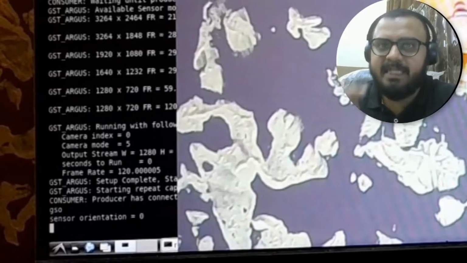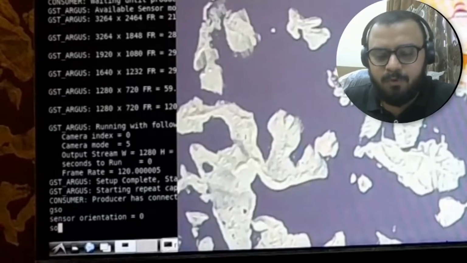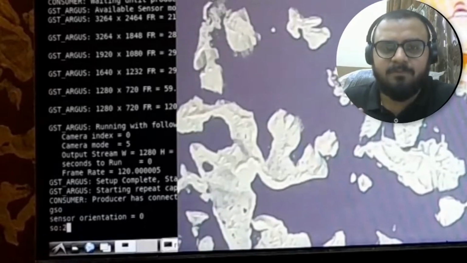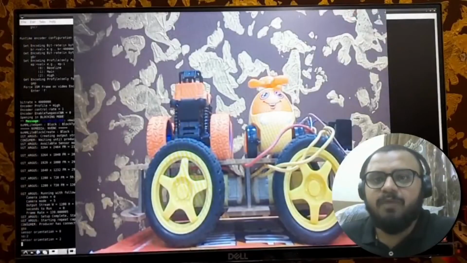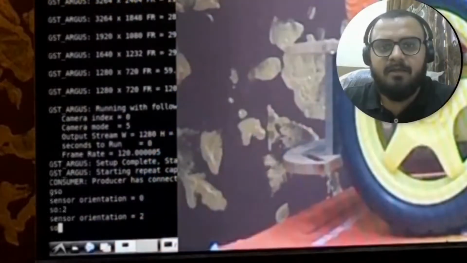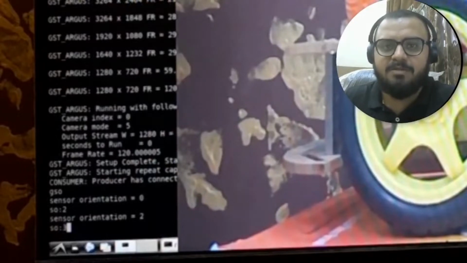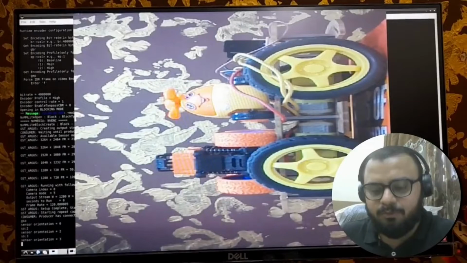So in order to set the camera orientation, I will give so colon followed by the number 2. What will it do? It will rotate the camera 180 degrees. Then I'll give another value, so:3. What will it do?